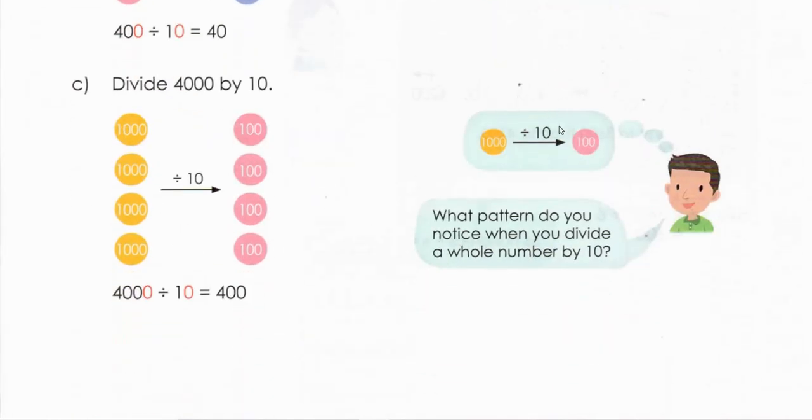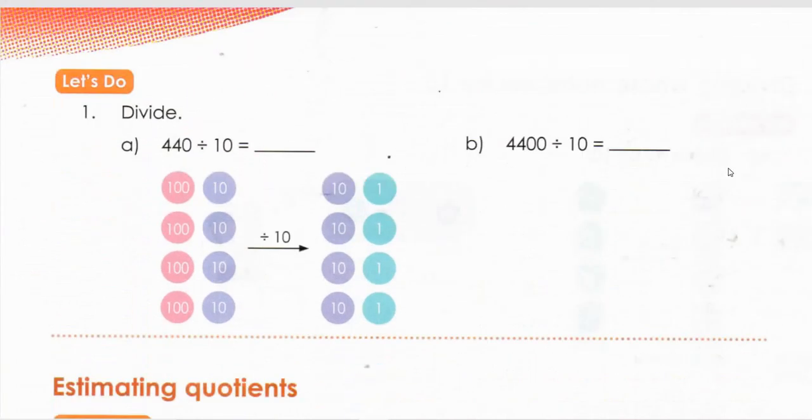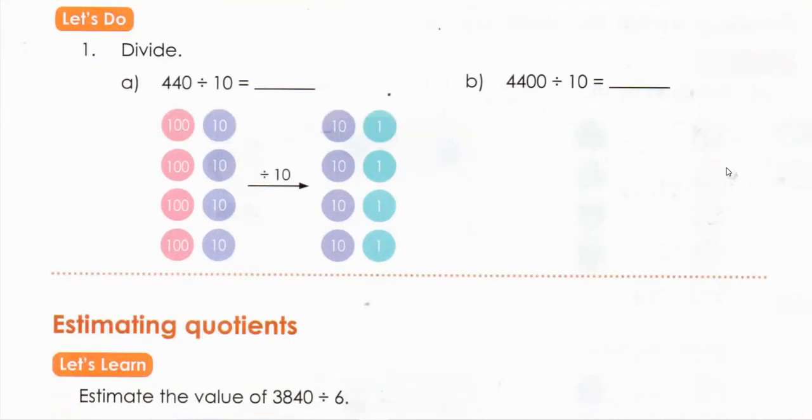It is very simple. I have explained you in decimal values how you are going to divide with 10 for the tenths place, 100 in hundredths place, thousands in thousandths place. 440 divided by 10. You can cancel the zeros and the answer will be 44. So you can write down here as 44.